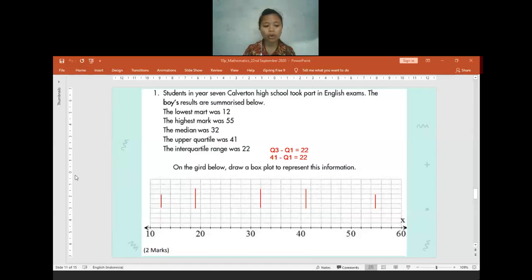So we make a line at 19, and then the box in here will be connecting only the upper quartile and lower quartile. You can draw a line. Where is my pen? So this is the line. Oops, sorry. Not really proper, sorry. Later you can use the ruler so you can draw it much better than I draw. So now you can connect them. After that you will make a line again to connect the highest and the lowest one.